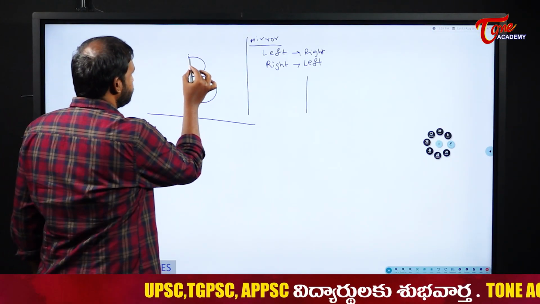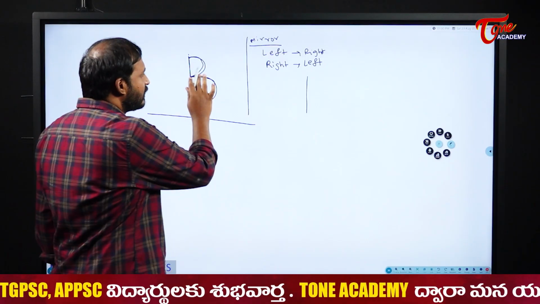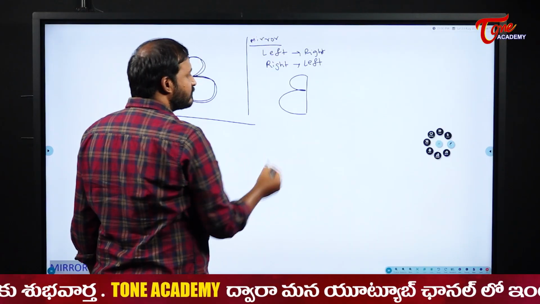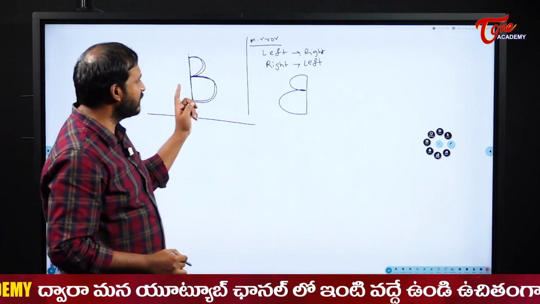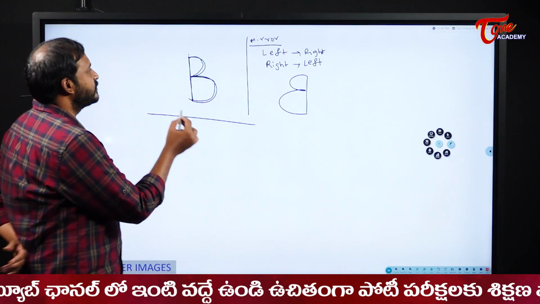And this 3 was here, so now it will come in the reverse order. So that means this will be my mirror image. Left becomes right and right becomes left. Now when it comes to water image,